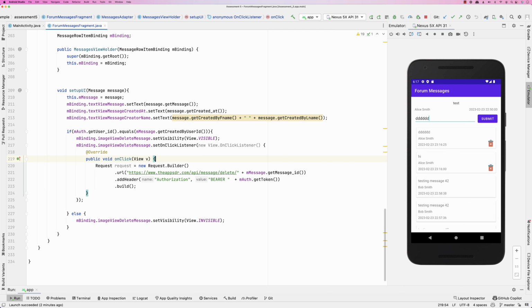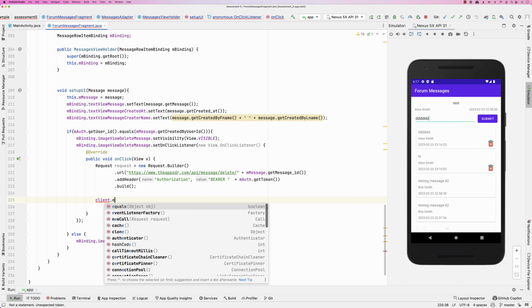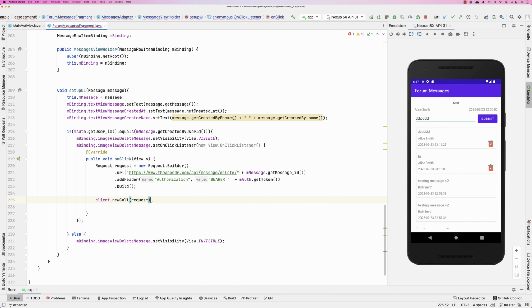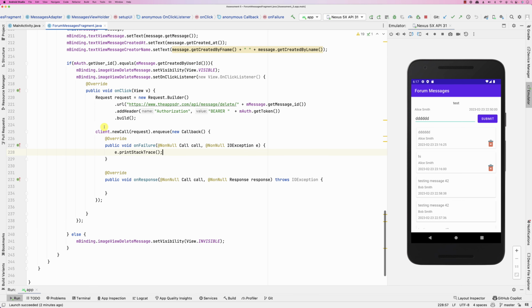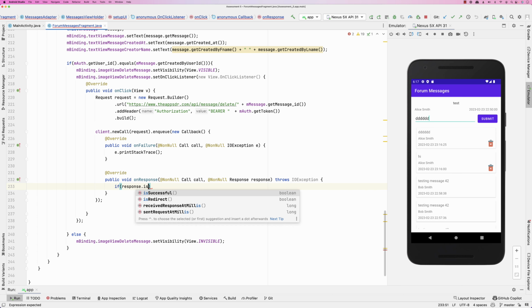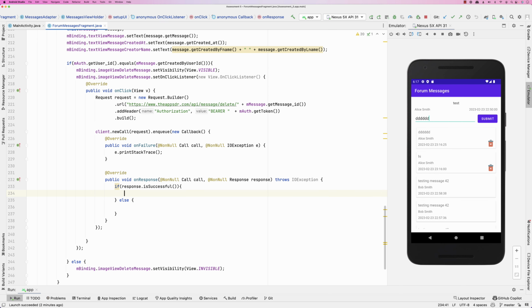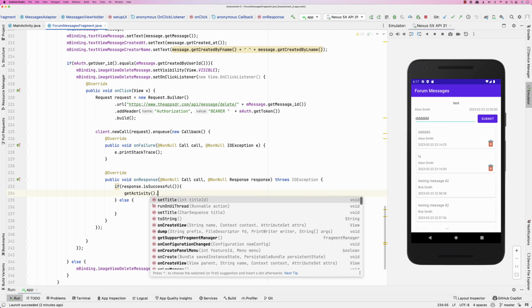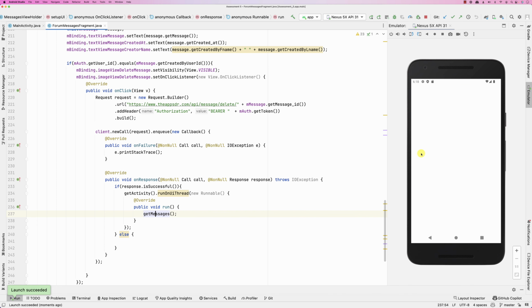This is my request, and then basically here I could go in and do client.newCall(request).enqueue(new Callback), e.printStackTrace, and then if it's successful I'm going to reload. If response is successful, I'm going to reload the list, else I can show a toast message here. getActivity().runOnUiThread(new Runnable), and I'm going to say get me the messages. So basically it's getMessages, which will go in and get the new fresh list of messages and